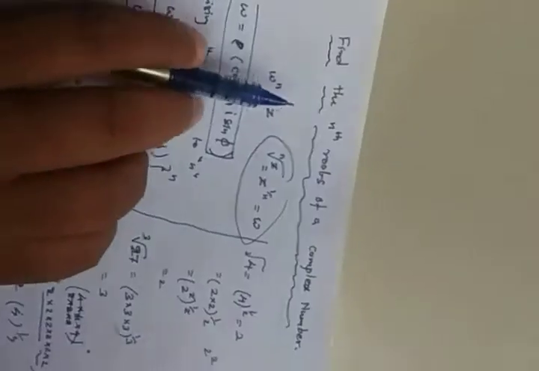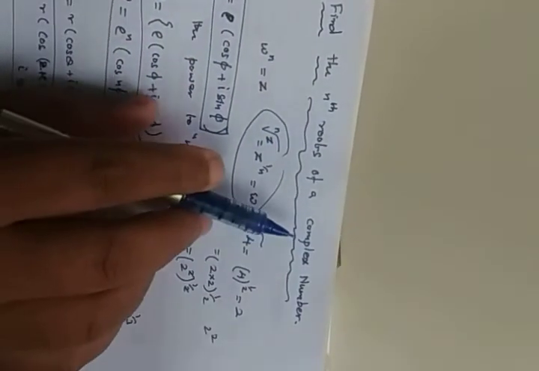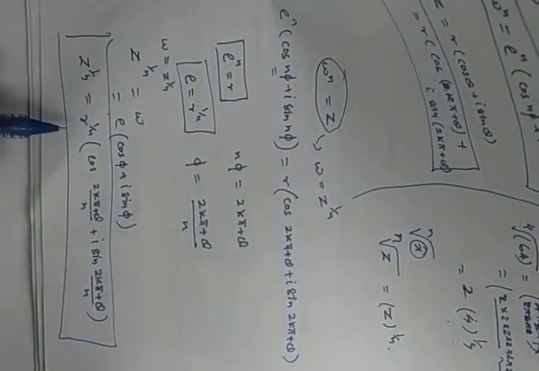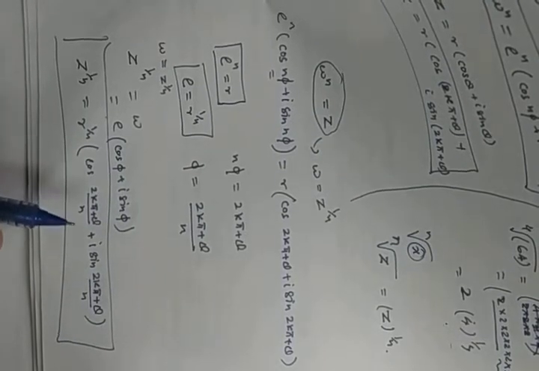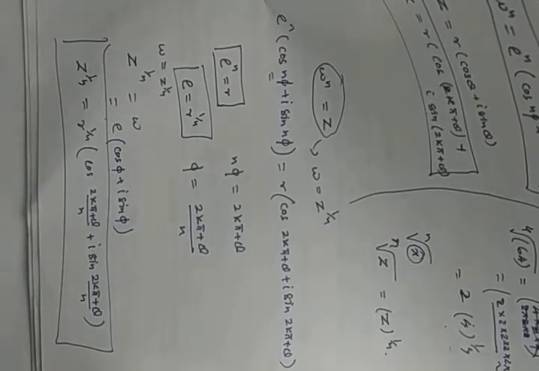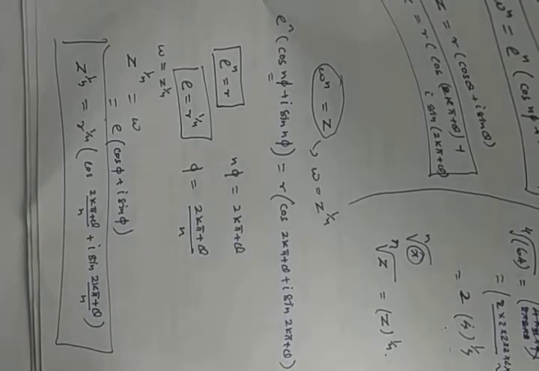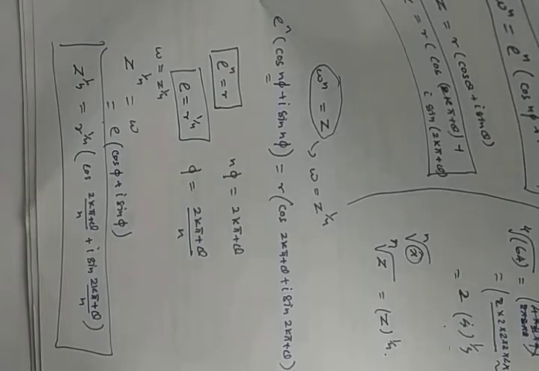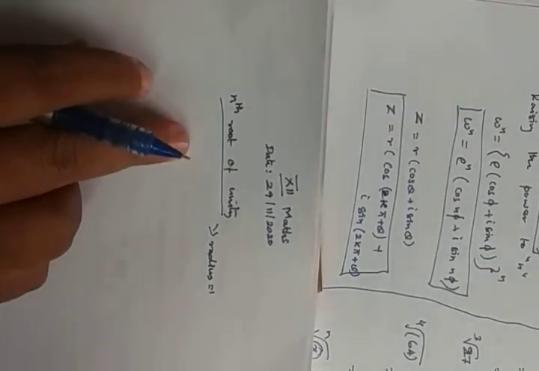See, last class we have shown this one. Today we are going to see the nth root of unity. We have discussed how to find the nth root of a general complex number, and we arrived at this result: z power 1 by n equals r power 1 by n times cos((2k pi plus theta) by n) plus i sin((2k pi plus theta) by n). Here the modulus is 1, that is, the number itself is 1. How we are going to write that, we need to see today. So this is the nth root of unity we need to see.